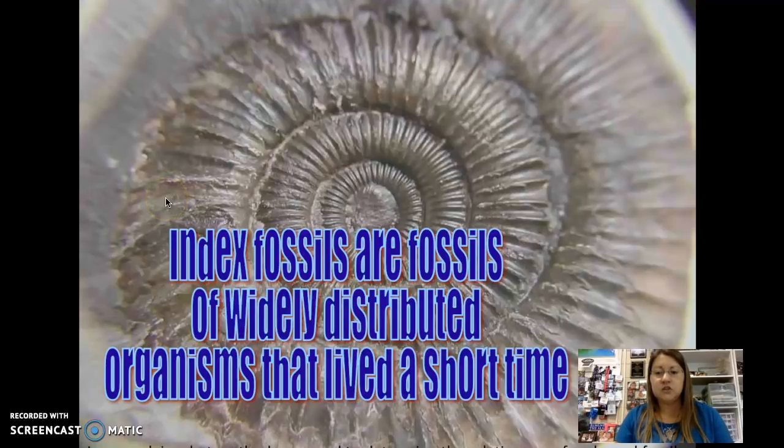Index fossils are another thing that's used to help determine relative age. So there's a couple different things that are frequently used as index fossils: trilobites, brachiopods, ammonites, like this beautiful picture. So index fossils